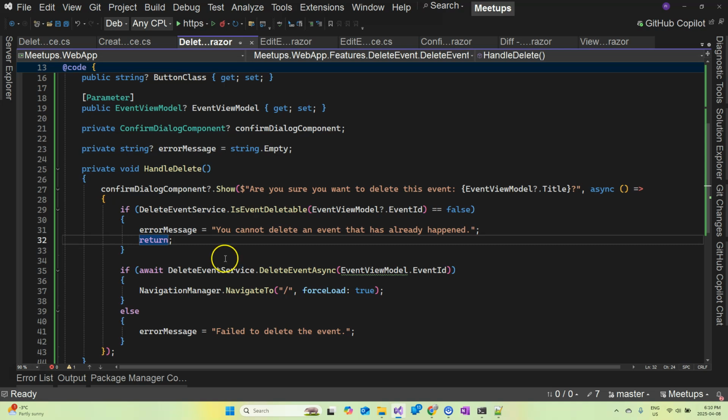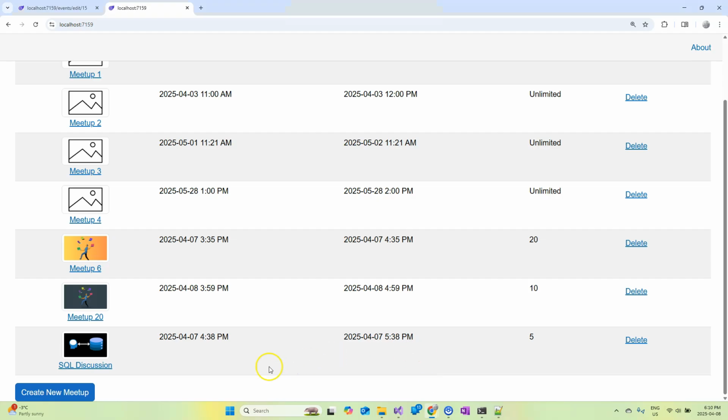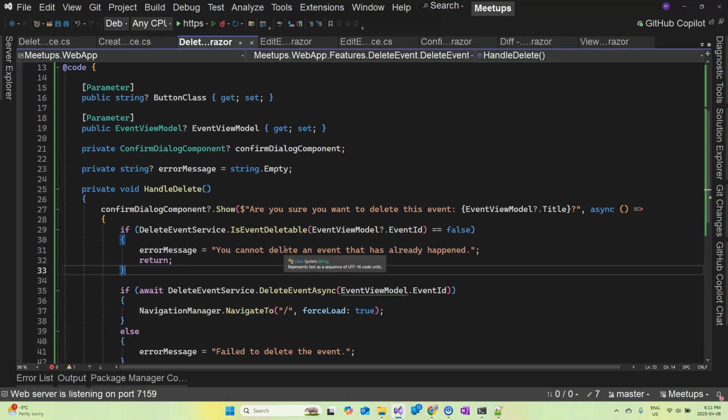So that's the reason. I'm pretty sure we have some events already happened in the past, and I want to see what the error message looks like, especially on the list, and whether that's acceptable or not. Right. So here, see, this is the begin time. That's yesterday. So I'm going to click on this, and it doesn't actually delete. It doesn't say anything. It could be because of the